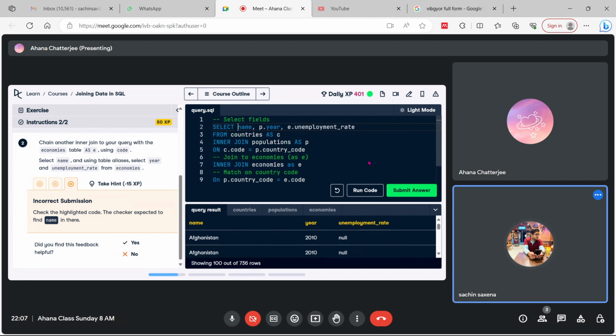Okay, so let's change the code and select year and unemployment rate from. Okay. Can you remove that e dot unemployment rate? Yes. Now